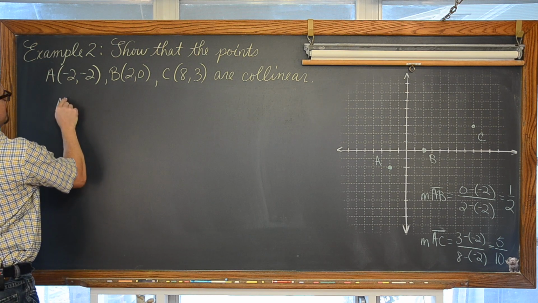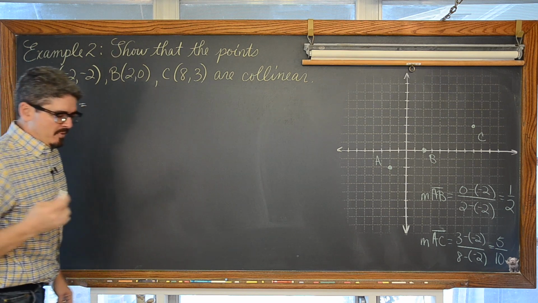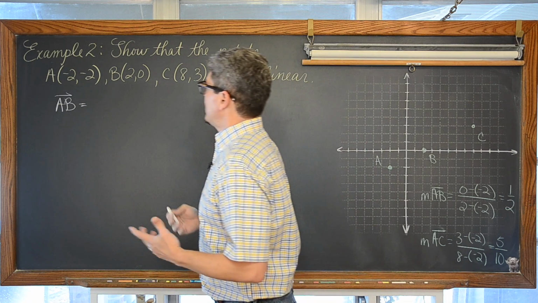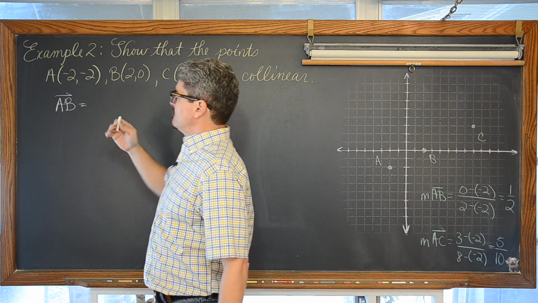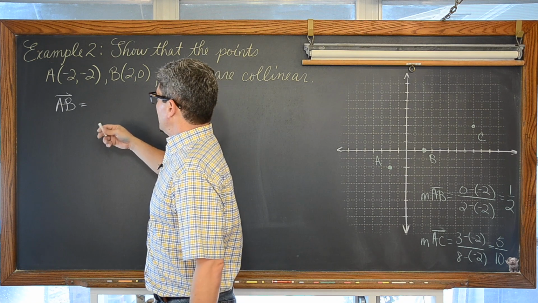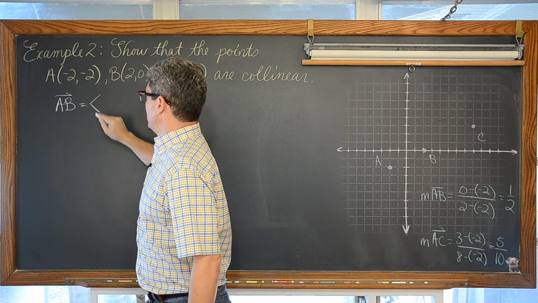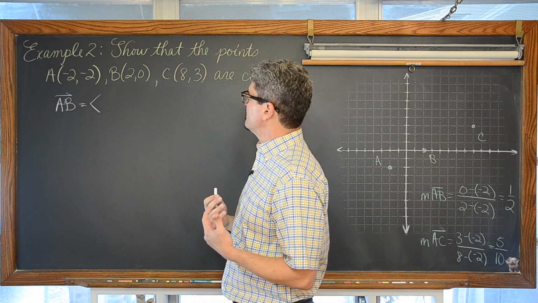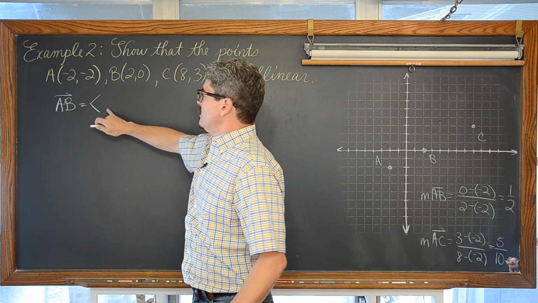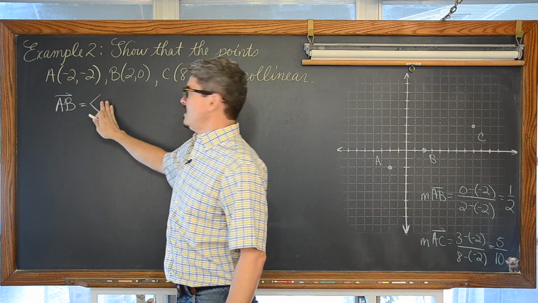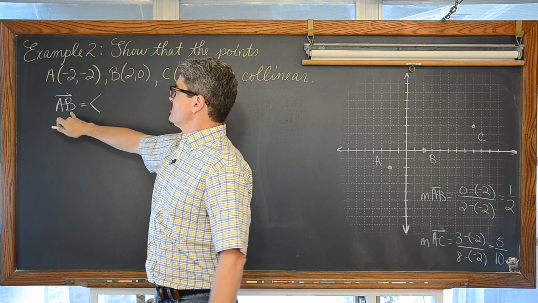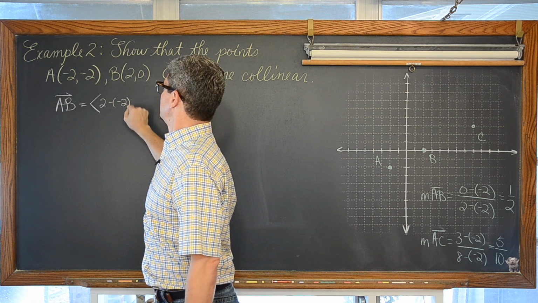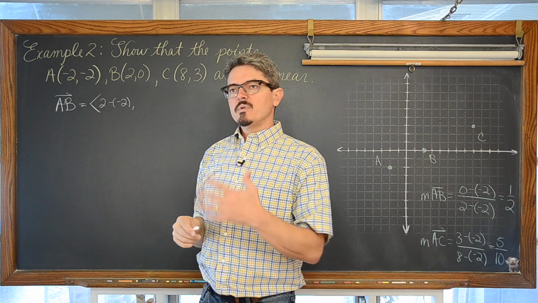So vector AB. Depending on the notation and the way your teacher is covering it for your class, they might be using this notation as well. I kind of want to get away from this notation because my current textbook is not using this, but I know a lot of textbooks do. You use these chevron brackets and you look at the horizontal movement first, so it's going to be terminal minus initial point, so it's going to be 2 minus -2. And the same with the movements along the y-axis.